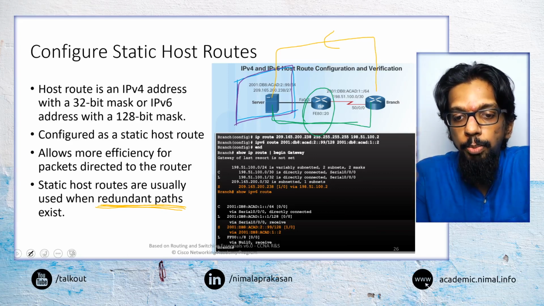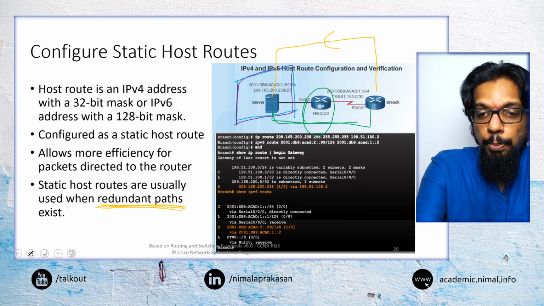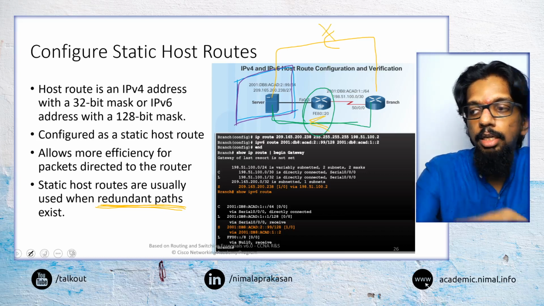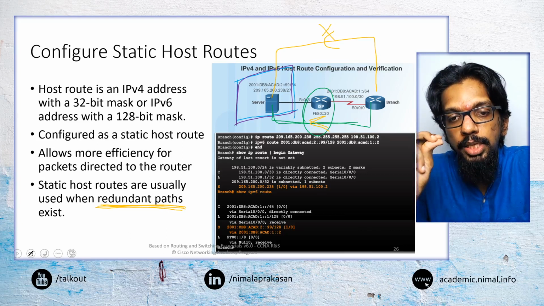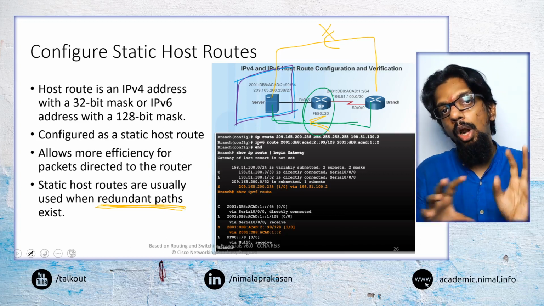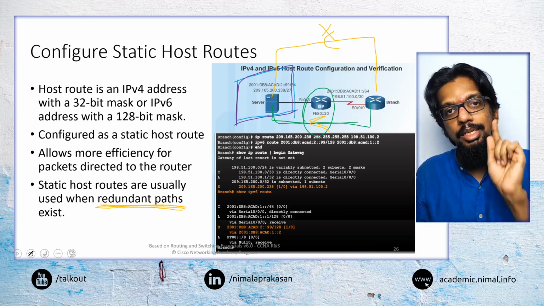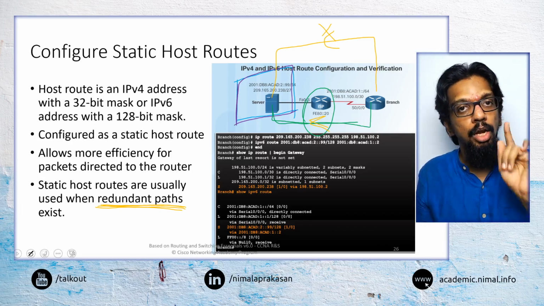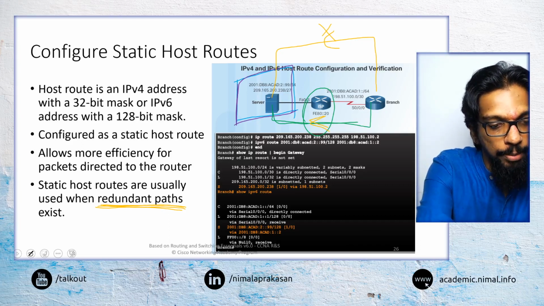But even though that is possible, we may want to say we would prefer it to be routed through this link than this link. So to do that, we may be able to specify a specific way to reach that device. So here we are not routing to a specific network, but rather a single device. Because we are routing to a single device, the main change is in terms of the commands that we are going to use.